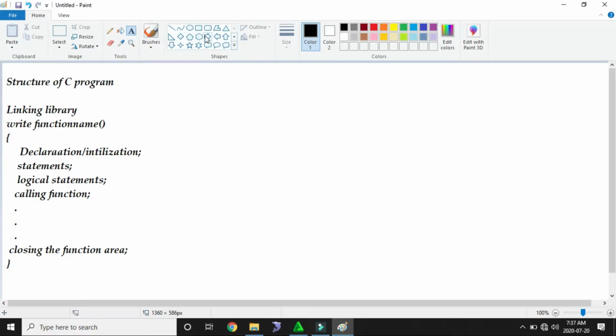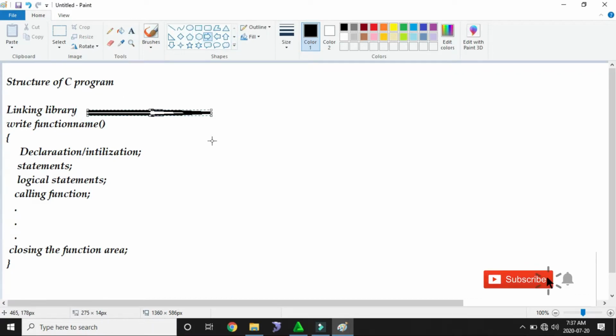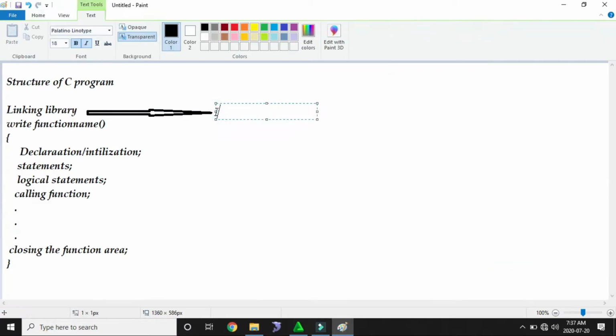So for example, if you go with including the library, how can we do it? First of all, whenever we include a library, we use the hash symbol to represent linking the library to the C compiler.